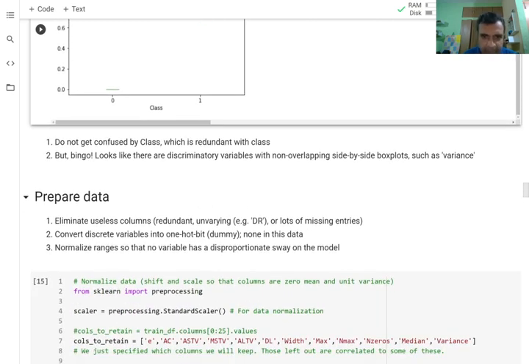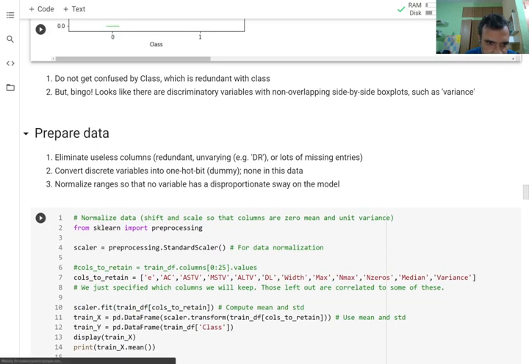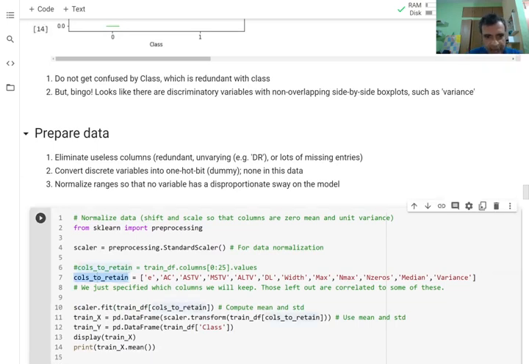We have already eliminated dr. We can also eliminate variables. So let's say you have 3 variables that are highly correlated. We can remove 2 of them and keep only one of them as a proxy for the other 2. So here what I'm doing is I'm preparing a list of columns that I want to retain. So this excludes all the columns that I don't want. For example, the ones that are correlated to any one of these are also removed.